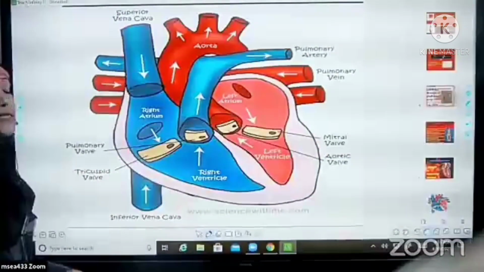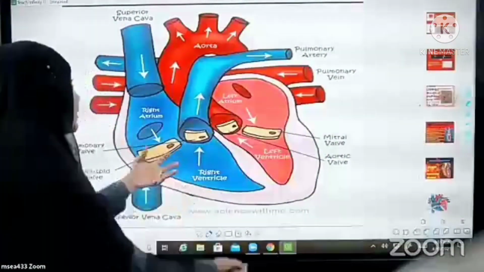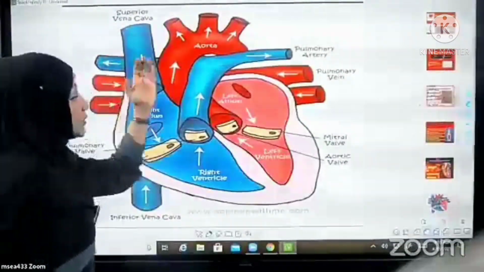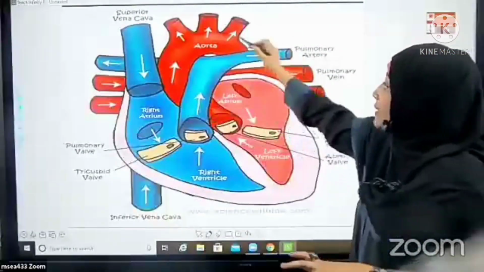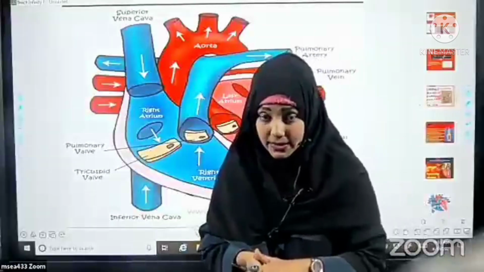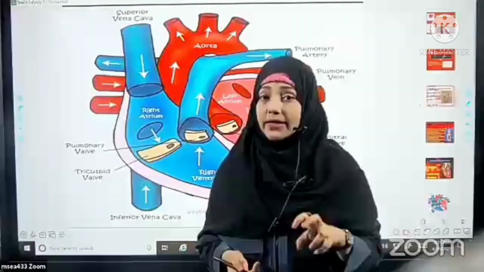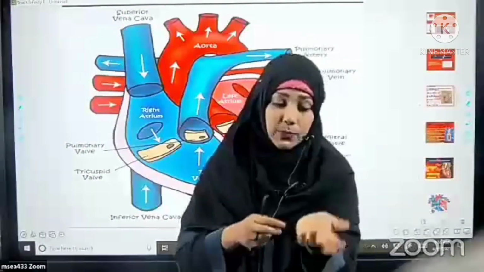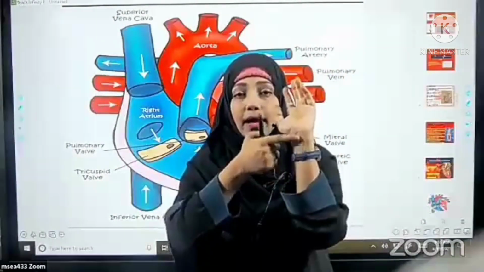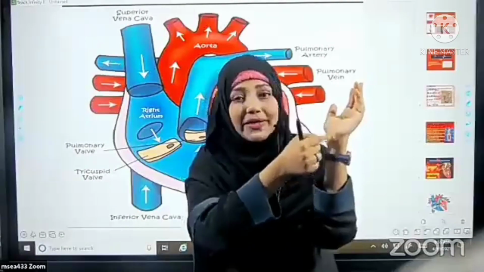This is the internal structure of the heart. Here you can see many blood vessels. The blue colored blood vessels indicate veins, and the red ones indicate arteries. Arteries are always red in color, whereas veins are always blue. Exactly not blue, it will be greenish blue. You can see even on your hands, in this area, some greenish lines.